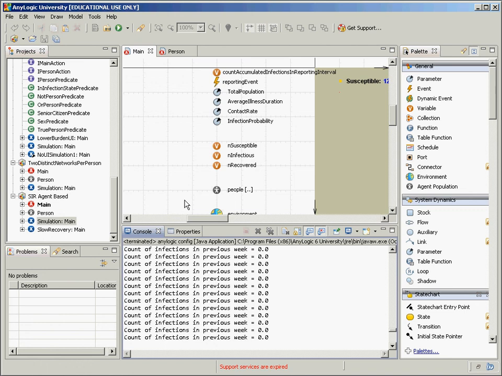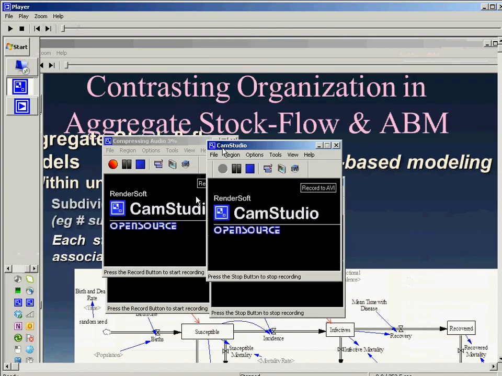Okay, so I'm going to ask you for next time to learn a little bit more about state charts. State charts are the language by which